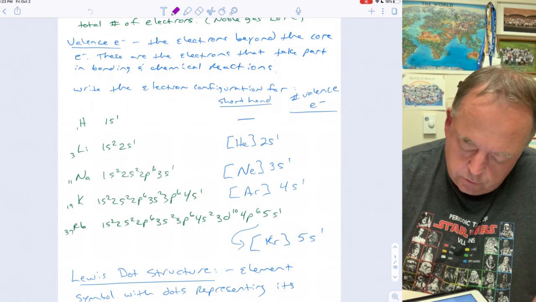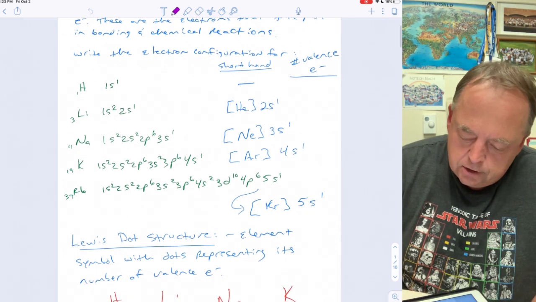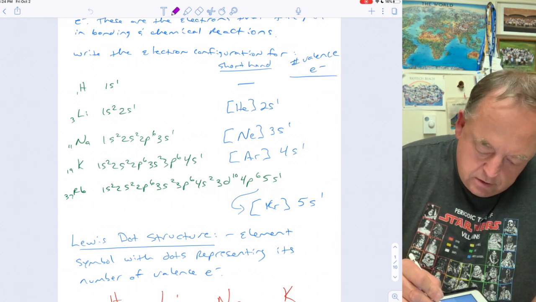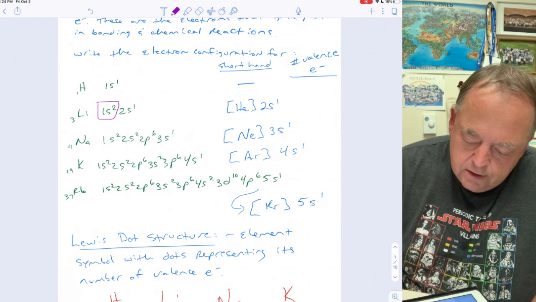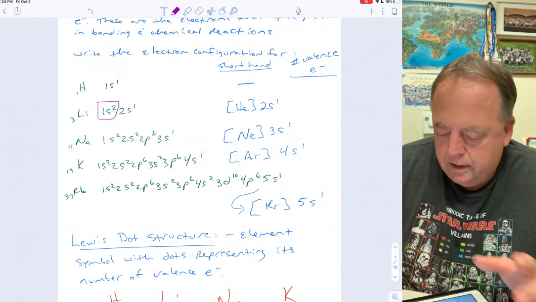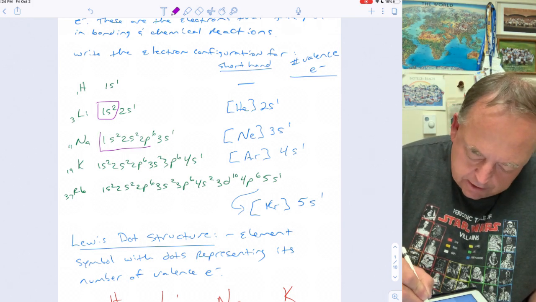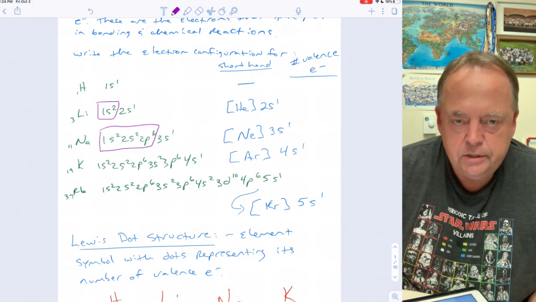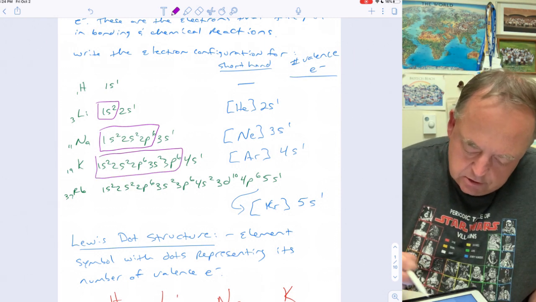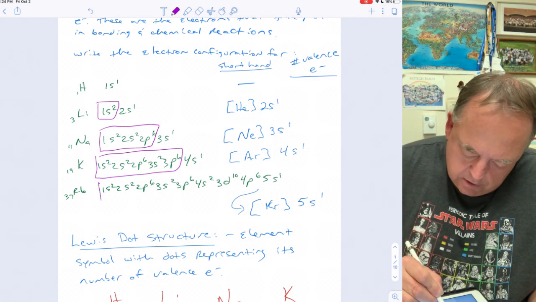So we looked at how to write shorthand notation in the last lecture, right? For hydrogen, there's not a shorthand notation. And for lithium, that would be its core, so that would be helium, and then 2s1, everything beyond the core. For sodium, its core would be 10 electrons for neon. For potassium it would be its 18 electrons. And then if we did the same thing for rubidium,